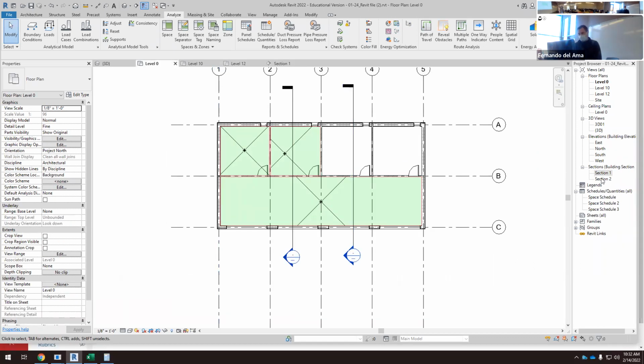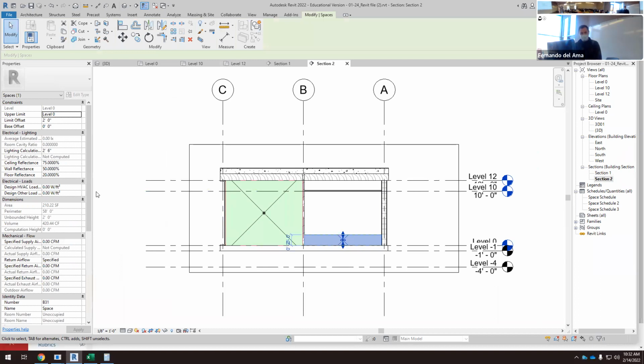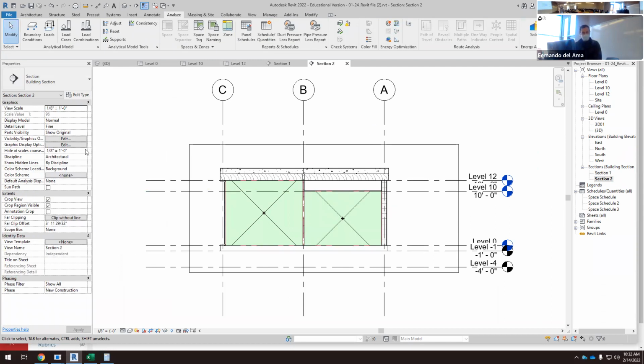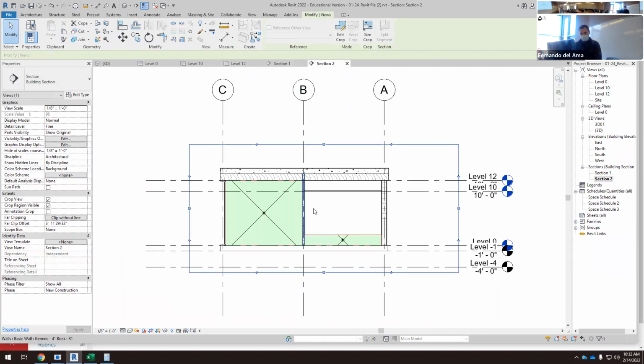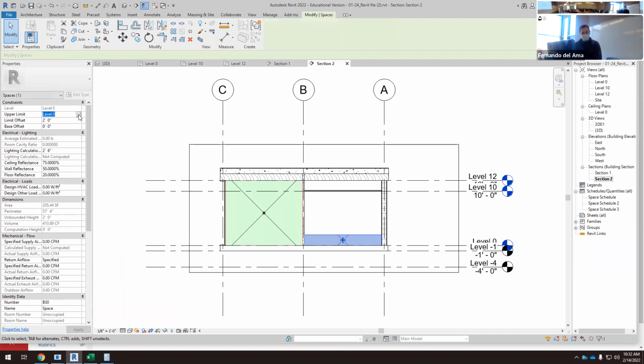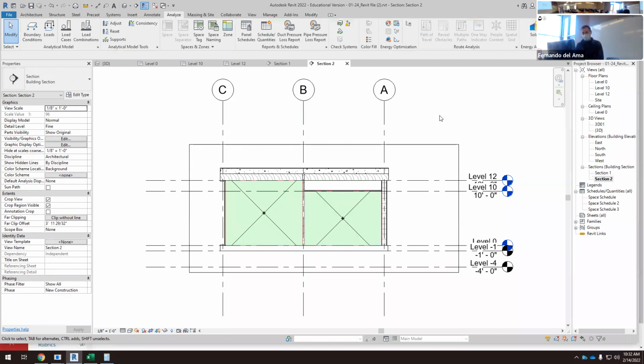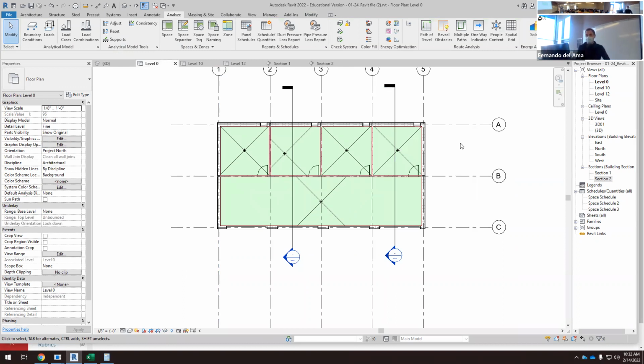And then if we are working with section 2, yeah, we have the same issue. So move it level 10, 0. And finally, yeah, I want to see this section 2, level 12. So now on level 0, we see all the spaces, but as you can see, it's something tricky, and we